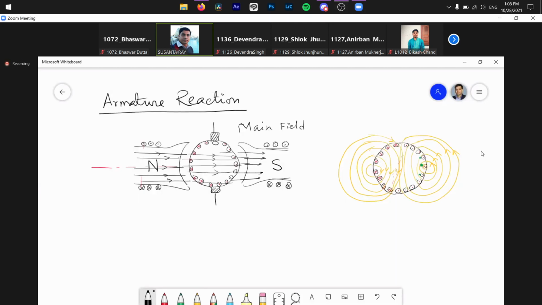Can you please repeat Ampere's circuital law? Ampere's circuital law, I'm not exactly expressing the law, because that will be discussed in another class, the field theory, or maybe in basic electrical engineering you might have studied that. The inference we can draw from Ampere's circuital law as far as this particular context is concerned is the flux contributed at a particular point.